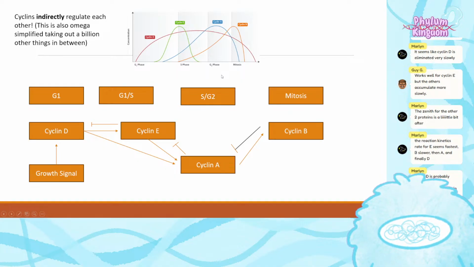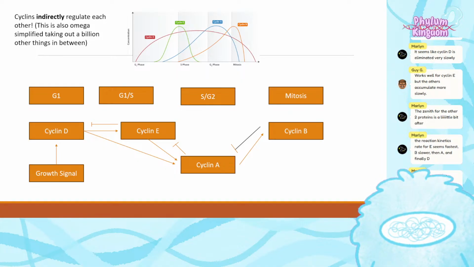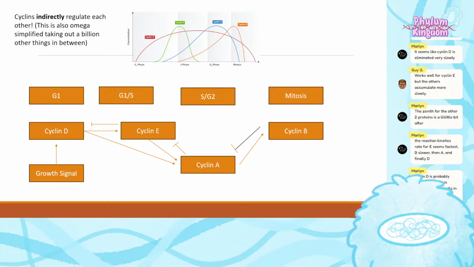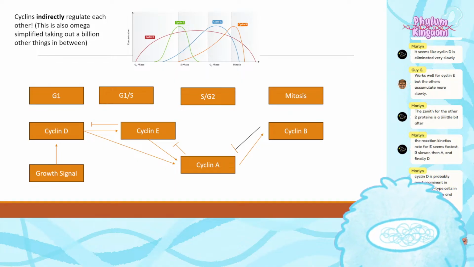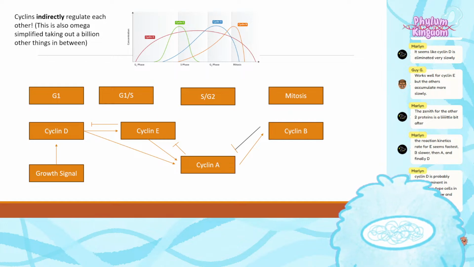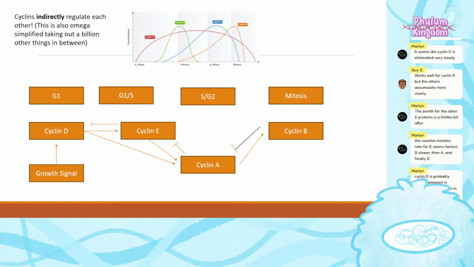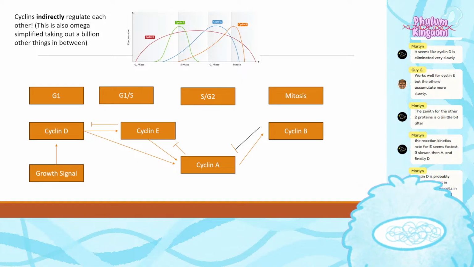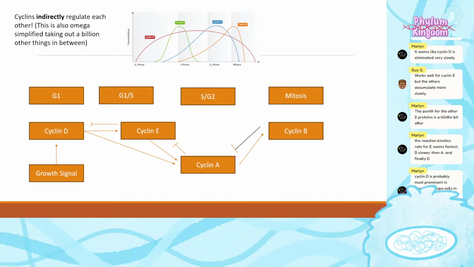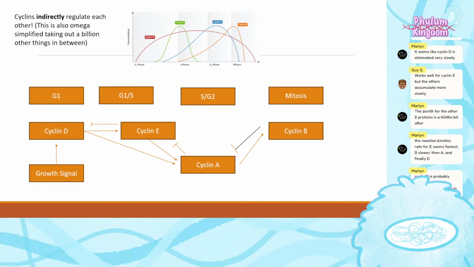I hope I did an okay job at explaining that. I'll actually put in a poll here to see if that makes sense. Did that make sense? I can explain it one more time, but try to remember, the arrow and the arrowhead is activating, and then the flat arrowhead is inhibiting, so it breaks it down. So cyclin E, for example, will break down cyclin D. Had to run another analysis and miss the entire explanation. No problem. I'll do it one more time just because I think it's really, really cool.